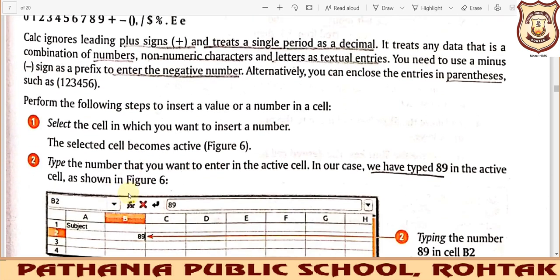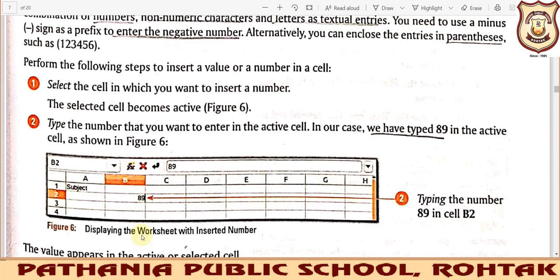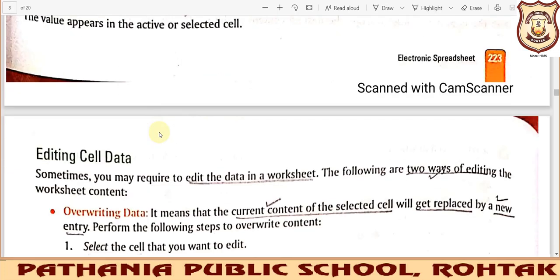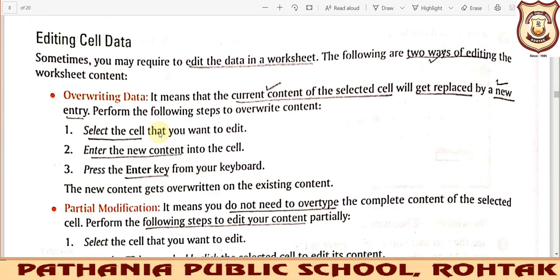So how to write that data? For that you need to select a particular cell. That cell will become active, and there you can start typing or writing the content related to the numbers, right? So in this way we can enter. It's very simple, nothing you have to do. You have to just click on that particular area or the cell where you want to write it and just